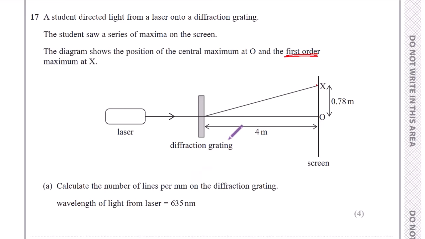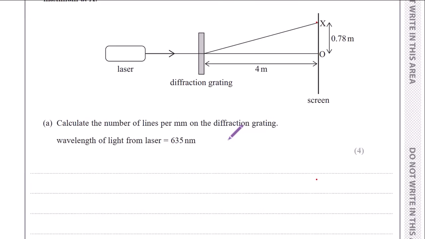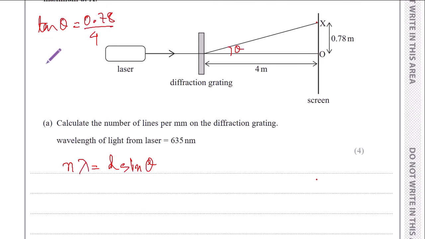Every time you come across a question of diffraction grating, always remember the equation at play is n lambda equals d sine theta. So let's first find out theta. Just apply the trigonometric function of tan. So tan theta equals opposite 0.78 divided by adjacent 4. So theta equals 0.78 divided by 4, shift tan, answer. It's 11